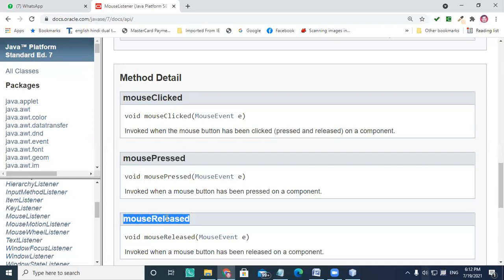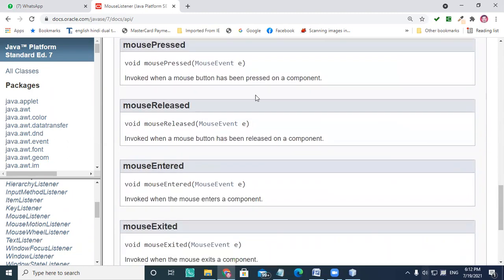And when I'm releasing this button, at that time mouse release is fired. So mouse press and release come one after another. Then this event is called a mouse click. So mouse click always follows a mouse release.